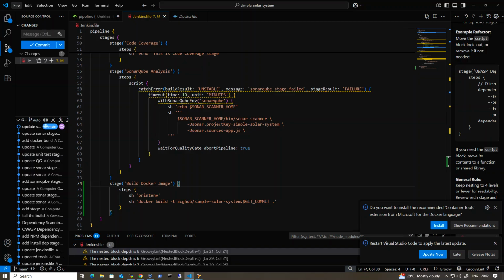Hello everyone, welcome back. In this video, we will see how to build a Docker image. In the previous session, we have seen SonarQube analysis. I have added the catch error block. Otherwise, this stage will fail, and due to that the rest of the stages will also fail if we did not add the catch error, because the quality gate will report the status back due to that failure in